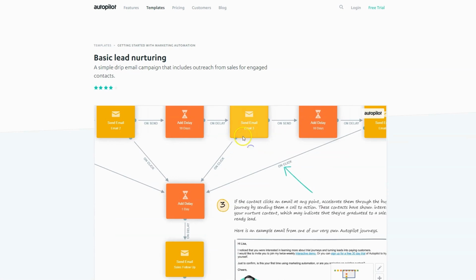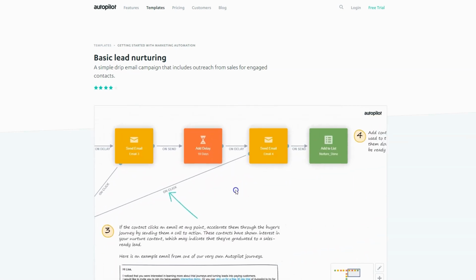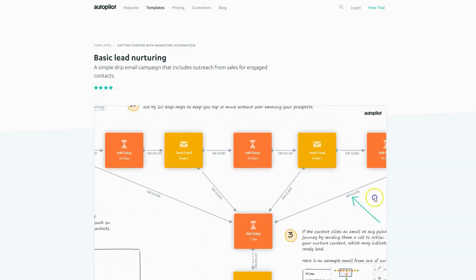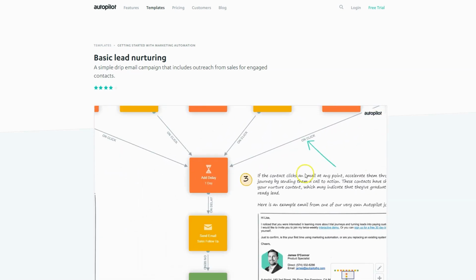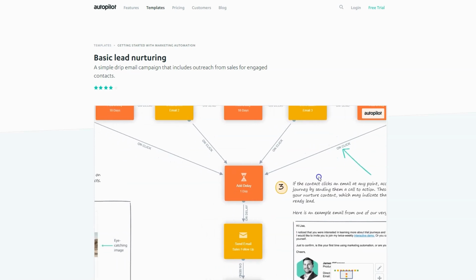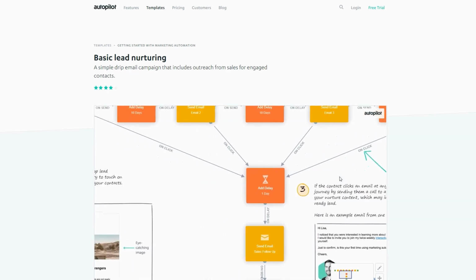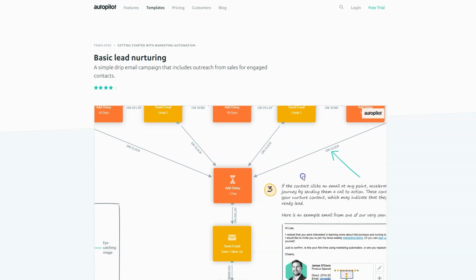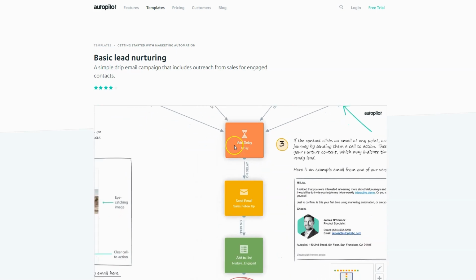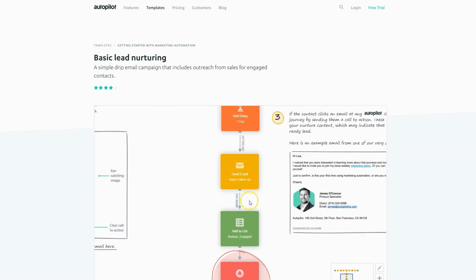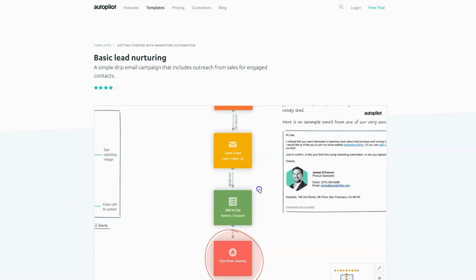So if any of the emails throughout this entire period of what looks like probably about 30 days, so nurturing a lead over the course of 30 days, if any of them are not only opened, but a link inside is clicked, well, that's an indicator to you that they are interested in what you're offering, and after 1 day after clicking any of those emails, they're sent into this whole workflow process here,